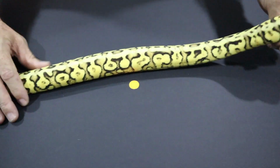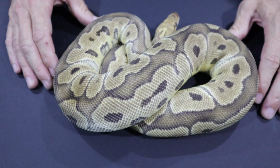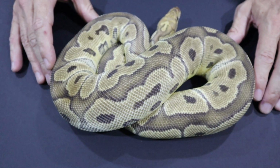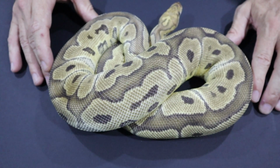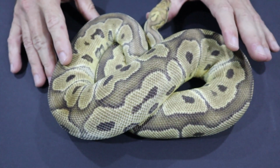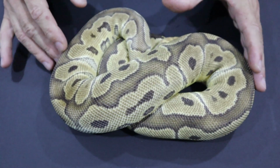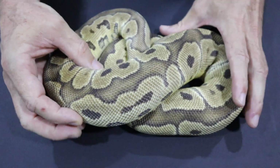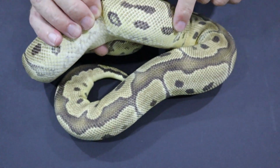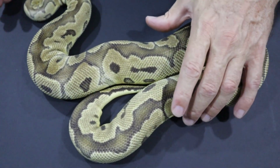I'm going to put these squirrely girls away now. So given that I'm working with clowns, this is a vanilla clown female that's almost up to size, and knowing what we know about the genes that go well with this combination, we need to get spot nose and we need to get yellow belly into this combination to improve this snake. And you'll see that the pattern on the snake gives us plenty to work with. Yellow belly does its best work down the sides here, plenty to work with there. So this is vanilla